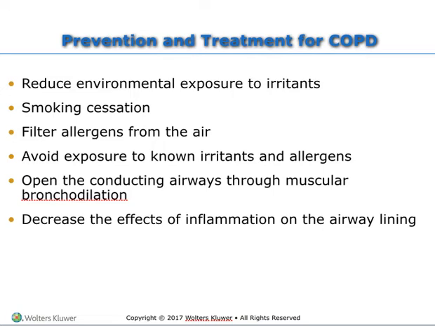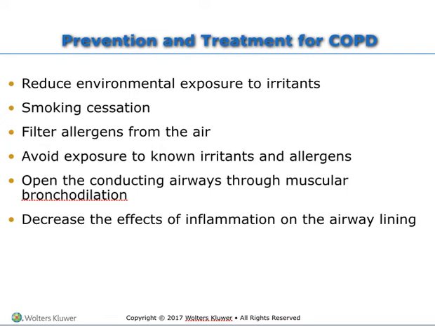There's different delivery methods for these medications. You can use an inhaler or a nebulizer, or you could take a pill. Inhalers require some coordination. If we're going to deliver a med through inhalation, you have to depress the canister, hold the breath for as long as possible or to a count of 10, versus a nebulizer, which is an aerosol